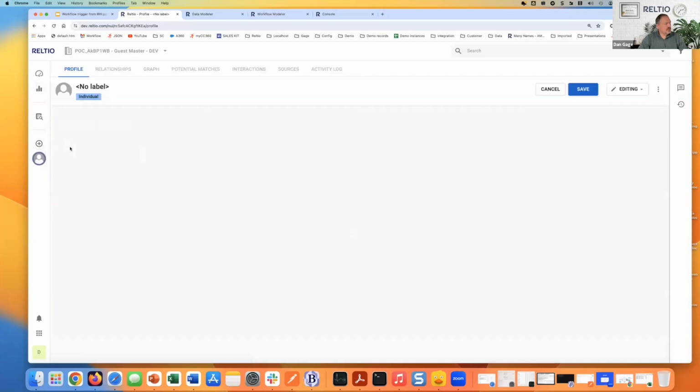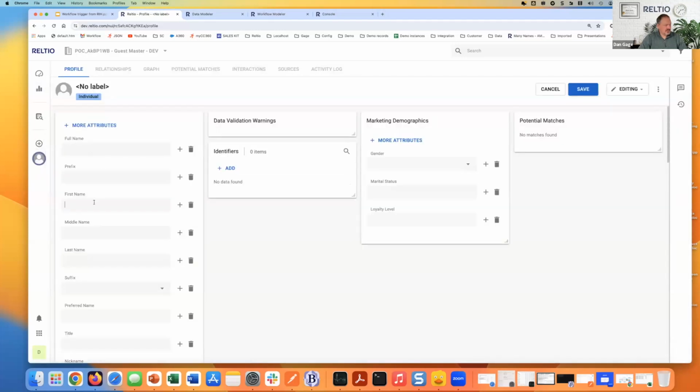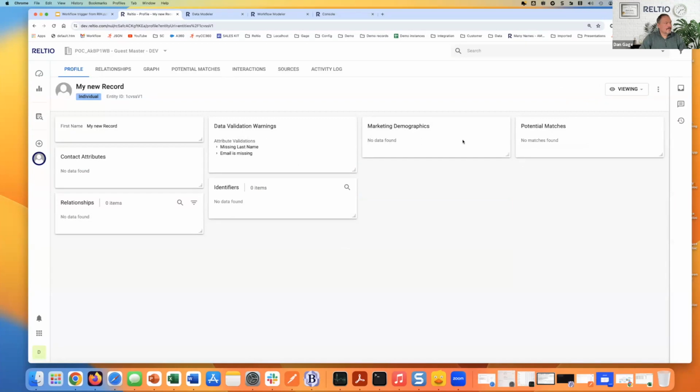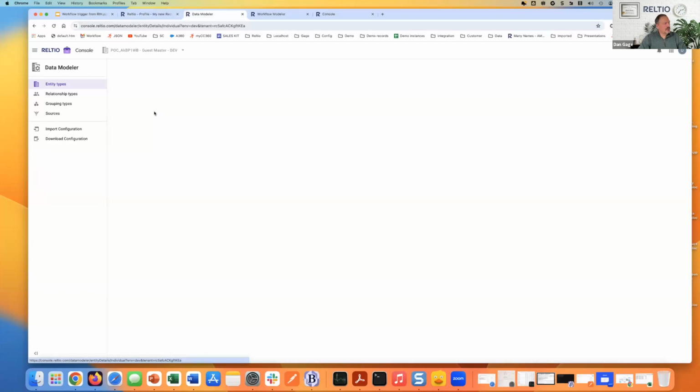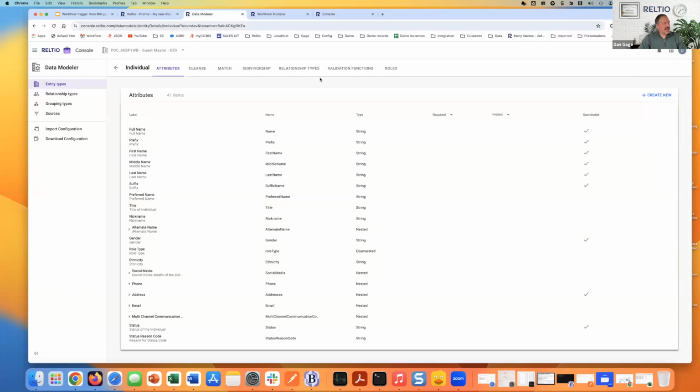So if I go in, just for demonstration purposes, and create a new record without a last name and simply save it, you'll see that the missing last name is being recognized on that record. And just to highlight that, going into the Reltio data modeler, going into the individual entity type and the validation functions,